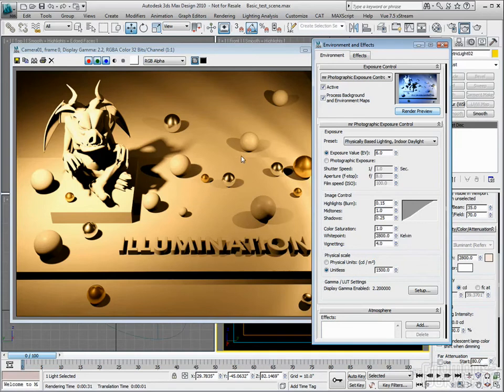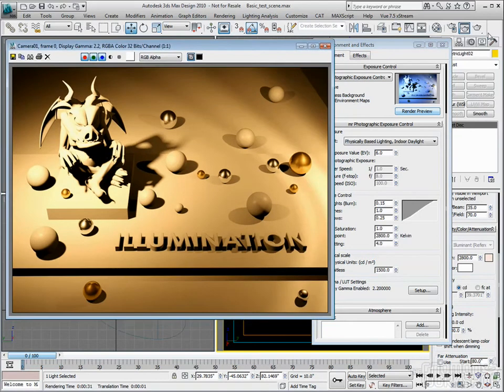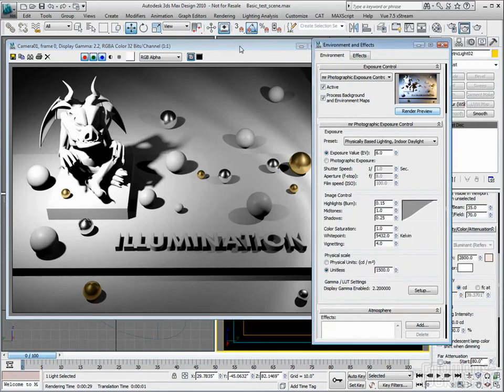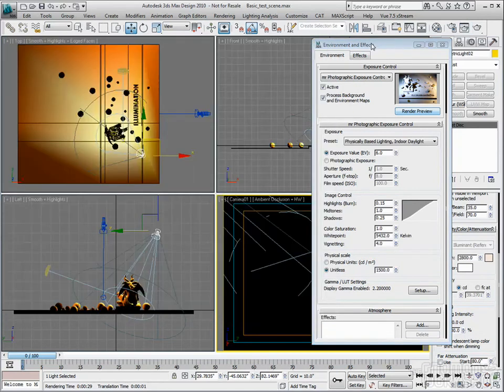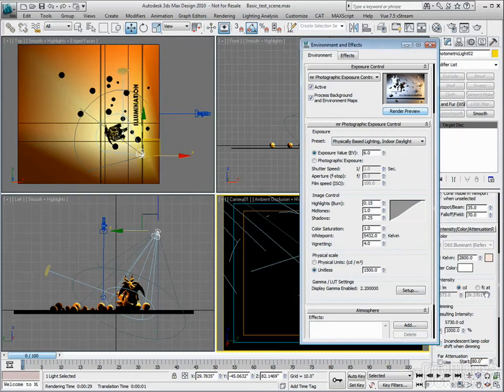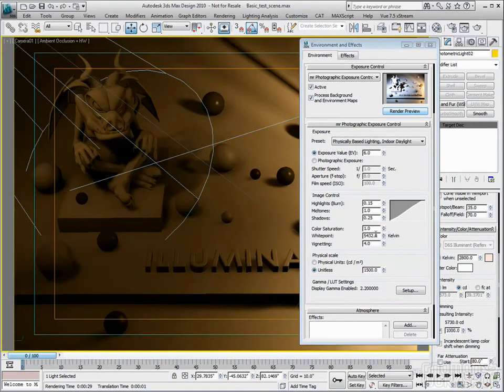So if you wanted to balance that between warm and cool, you can adjust your white point. If I wanted to do that with particular lights, for example, let's make one light warm and one light cool. To do that, what I would do is set, let's say for this spotlight, I'll make the Kelvin 3800. And then for the photometric light that's using the IES profile, I'll make this 3200. So I have a range of 3800 and 3200. Now if I adjust my exposure control somewhere between those two values, let's say